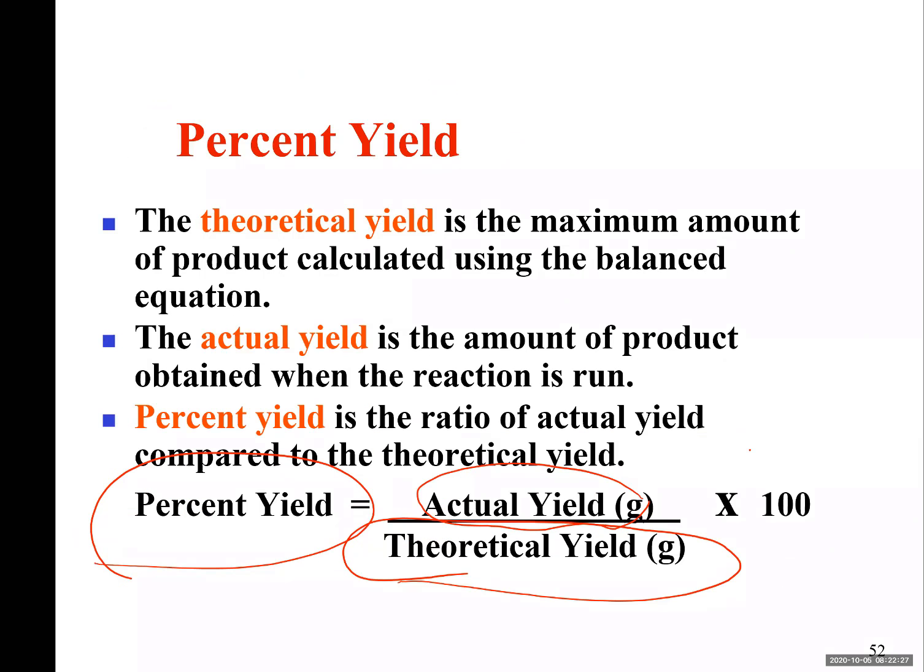So in chemistry, and baking cookies is a chemistry, in a chemical experiment, we never get 100% yield. Because it's real, it's experiment. It's not theoretical life, it's experimental life. So if an industry is producing a certain antibiotic, and the calculation shows that you're supposed to make, let's say, 1,000 kilograms, or 2,000 pounds per hour.